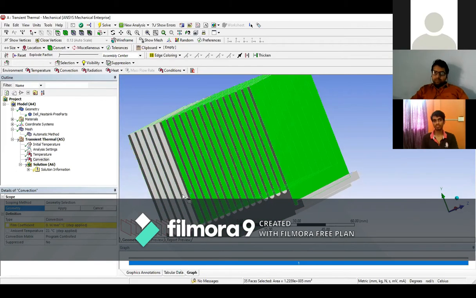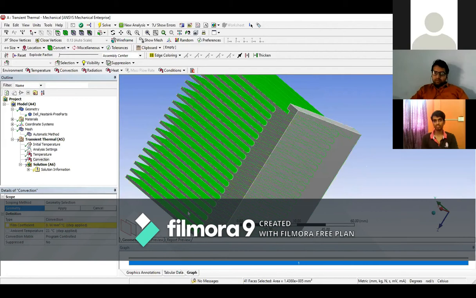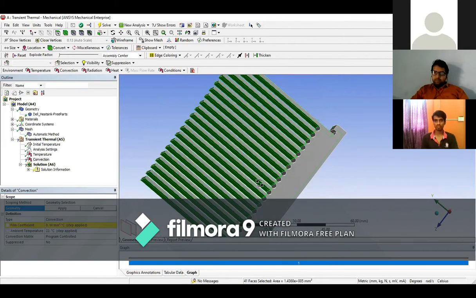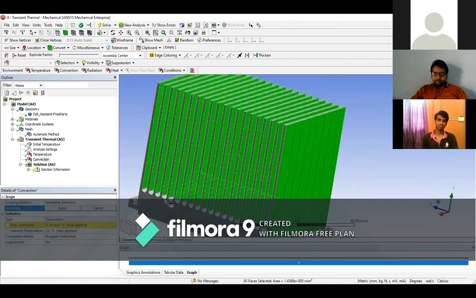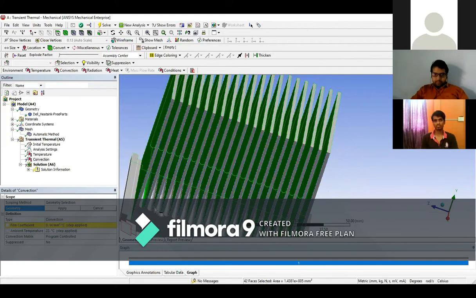So take the convection mode. We will be selected internal surfaces part for convection mode,